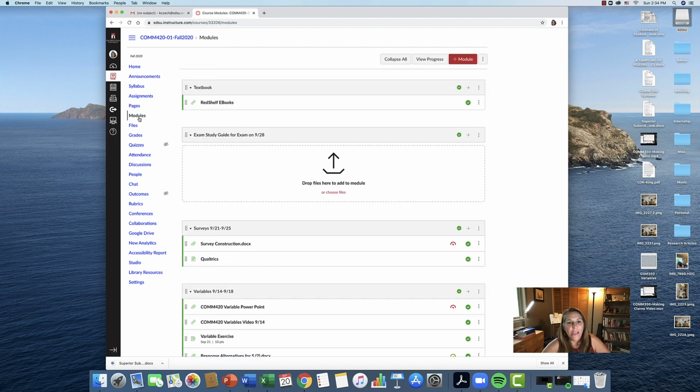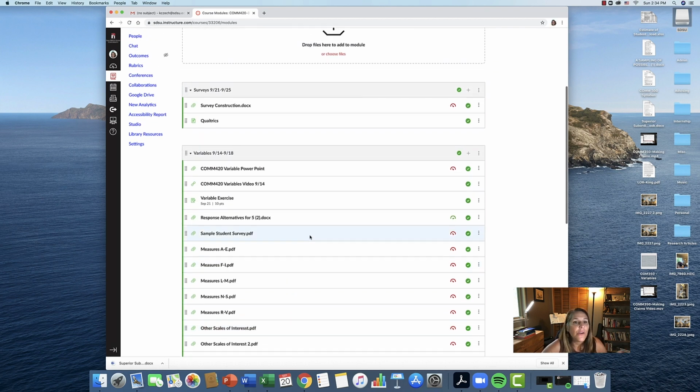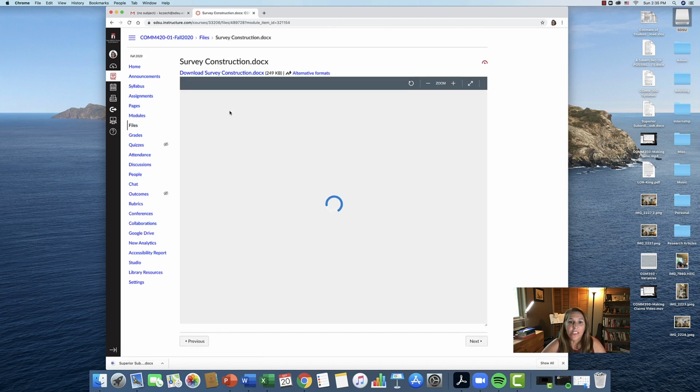I realize it might be difficult to keep switching back and forth between modules, but you're going to be using all these surveys here to build yours. All right, so we're really talking about survey construction this next week. And hopefully, again, you have picked two or, well, hopefully three now, different surveys that you want to use to measure three different variables. We have up here the survey construction doc, and this is really where I want you